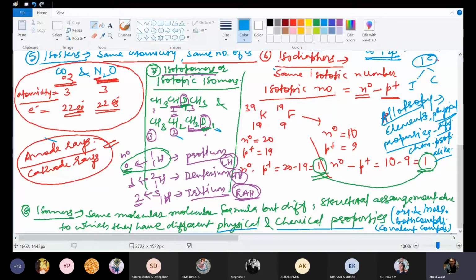Then how is isomerism different from allotropy? Allotropy is the property of elements only. Diamond and graphite are two allotropes, and fullerene also is an allotrope of carbon. These are different allotropes of the same element, and their physical properties will be different. One will be a conductor, another a bad conductor, but their chemical properties will be the same because their electronic composition is the same, and electronic composition decides the chemical properties of an element, compound, or any species. Fine.